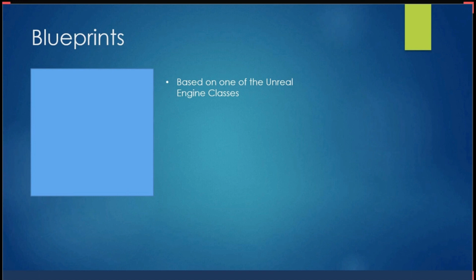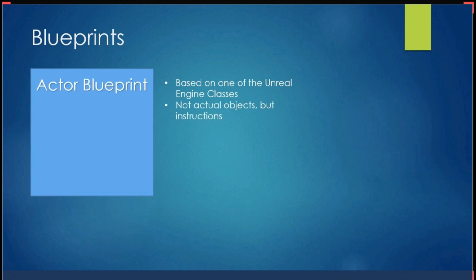Now blueprints have properties that they inherit from one of the Unreal Engine classes, which I have not actually mentioned here. Furthermore, if we go to details of the engine classes, we can get into that. So we can have an actor blueprint. An actor can be of a blueprint type as well. We can have a pawn blueprint, and so on.